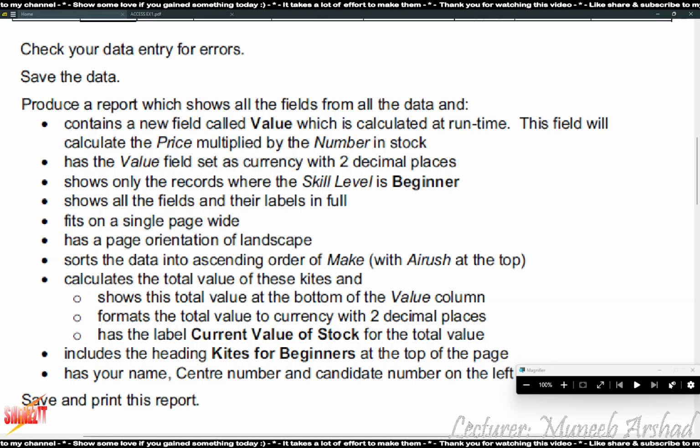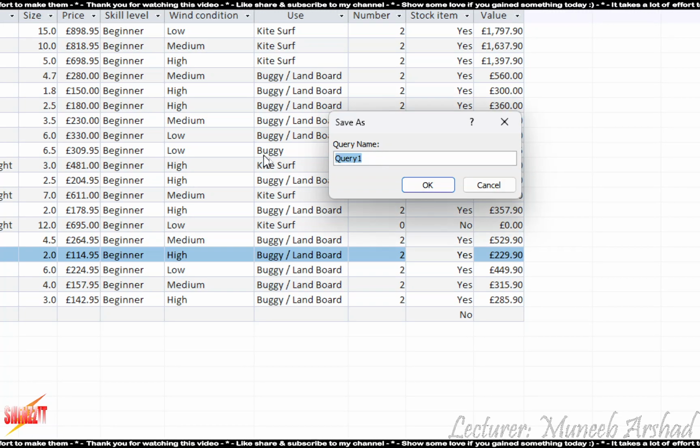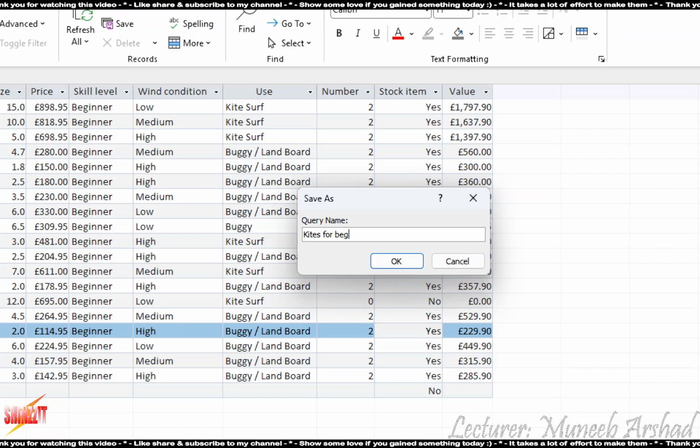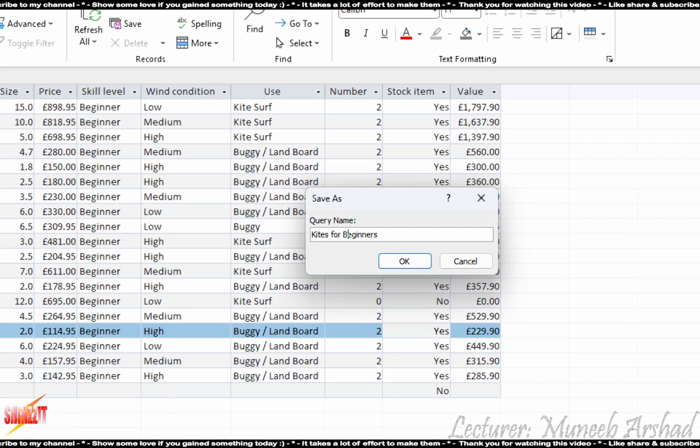Anything that you can suggest, with which you can very easily and quickly identify which object this query of mine belongs to. Kites for beginners. Why did you choose it? Yes, it is the name of the report, the title. Okay, so you are building the report based on Kites for beginners. So rather than having it set as Query 1, give it the same name, Kites for beginners. You can keep any name, it's just for your own convenience later on.